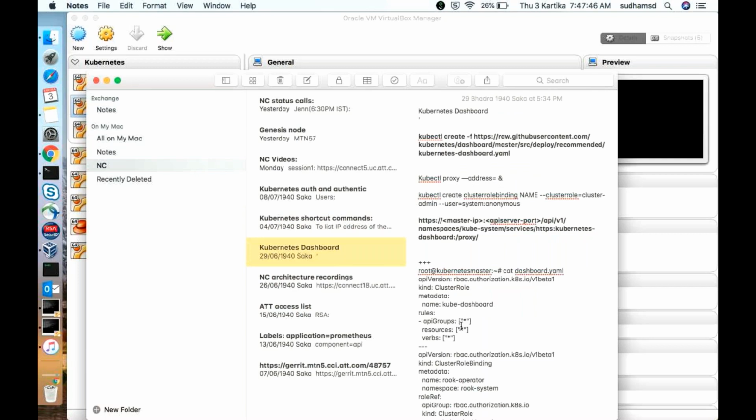Create dashboard, create cluster role binding. So the dashboard is created.